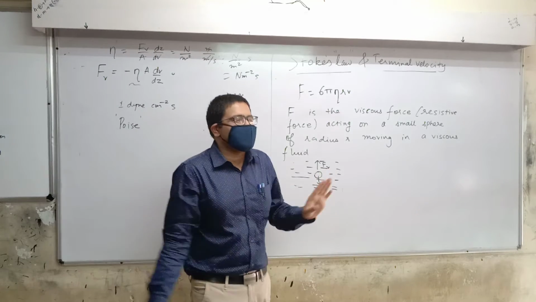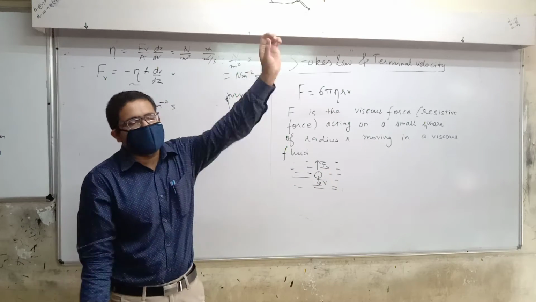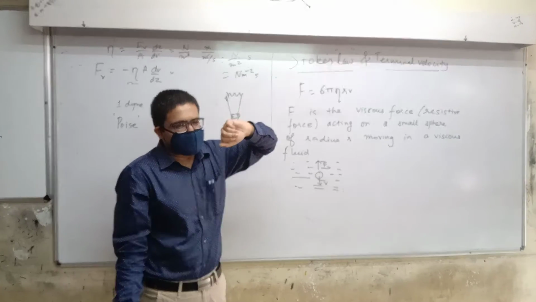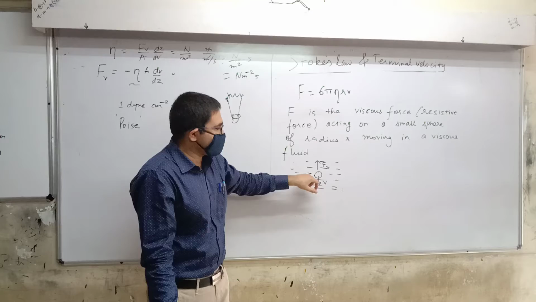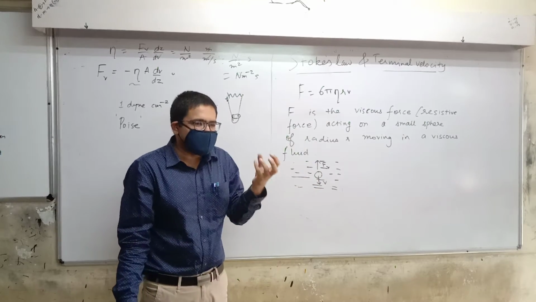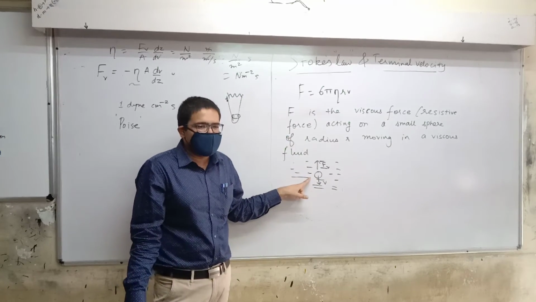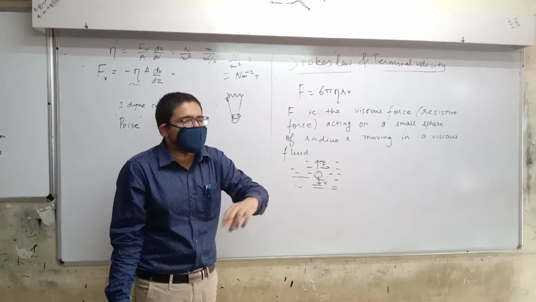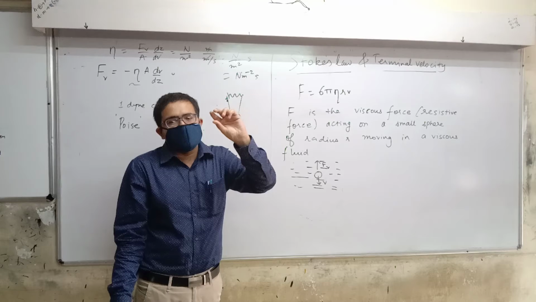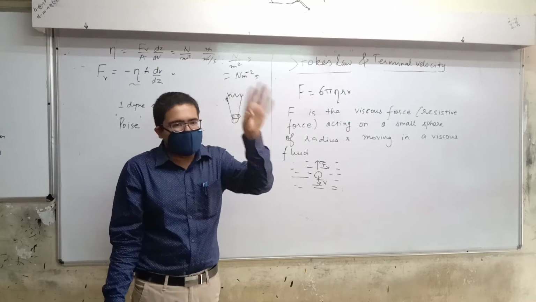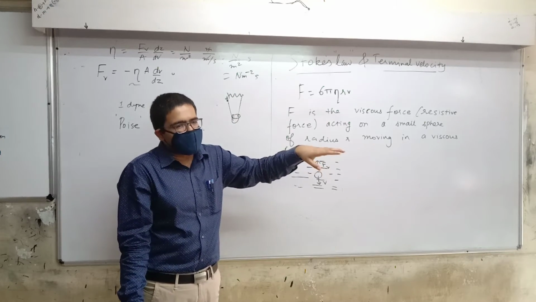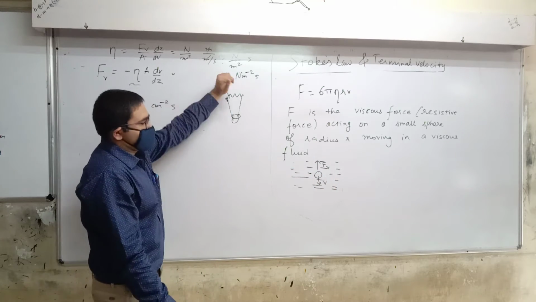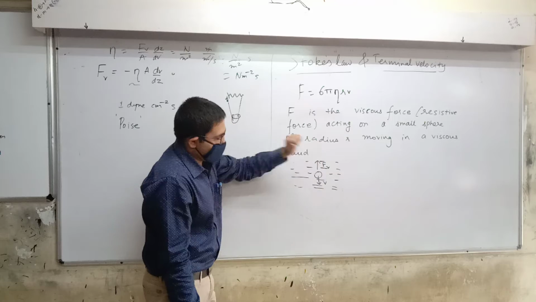No, don't bring surface tension into the picture. I'll tell you why. Surface tension only acts on the surface, right? So this sphere is inside the fluid. We are talking about, let's say, a small ball that you have dipped inside water and are now trying to move, or maybe a small stone that you are trying to throw in air or water. That's why we are not talking about surface tension. This is on the inside.